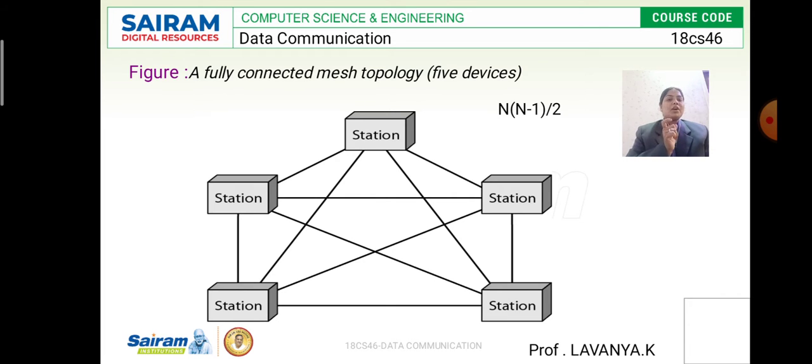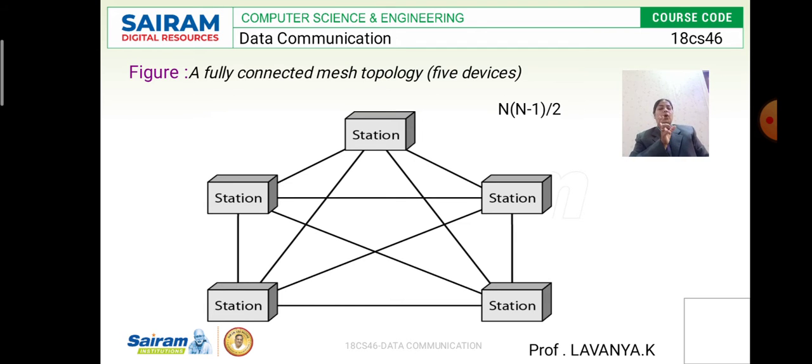Why do we divide by 2? We have to divide the links in that particular network by 2, because whenever we insert a node into the network, as well as remove a station from the network, we require 2 links for inserting and 2 links for removing. Each and every node carries a minimum of 2 links, so we consider it as 2. So this is the mesh topology.